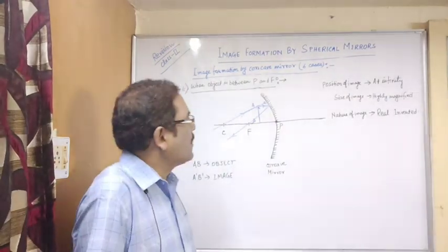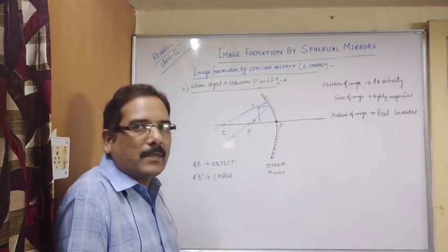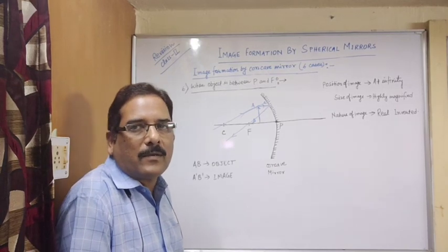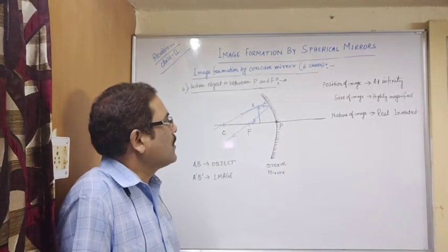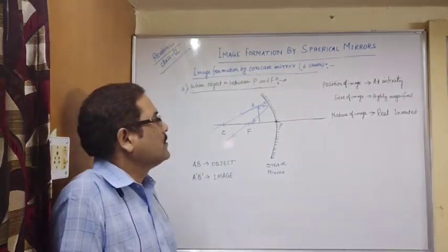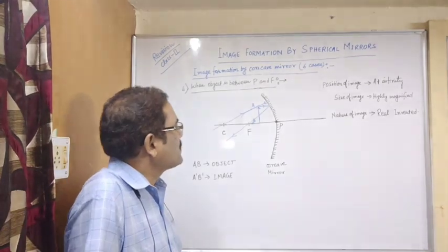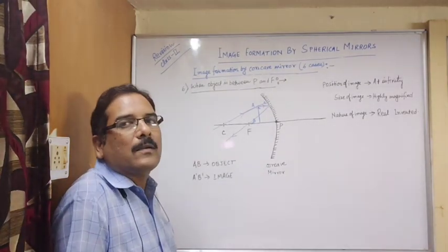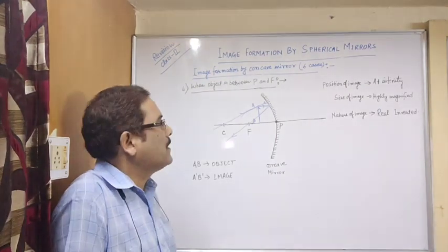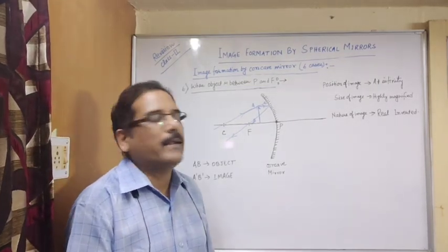And whenever you draw the ray diagram, you must put arrows, because in the board marking scheme it is written that if you do not put arrows, half marks will be deducted from the ray diagram. So arrows are very important. That's why I am repeating again and again. Whenever you draw the ray diagram, be careful, you have to mention the direction in which the light rays are moving, and the arrow represents the direction of light.